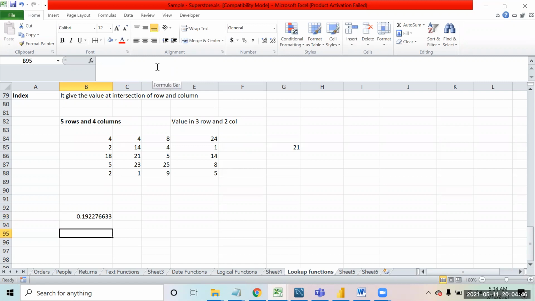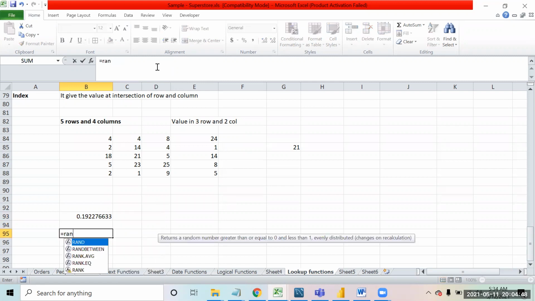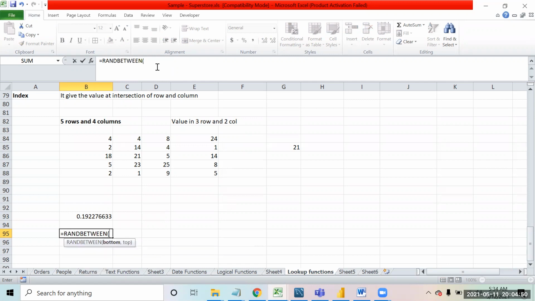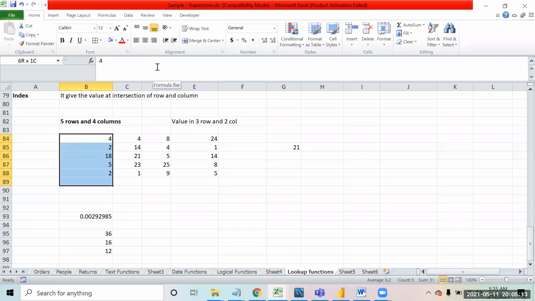And then there is one formula called RANDBETWEEN. In this, you can give a range, for example a random number between 1 to 40. So it will give any random number in this range. See, 11, 36, 16. It is always going to give any random number between that range. Okay, so that is the formula that I used to generate some random numbers.